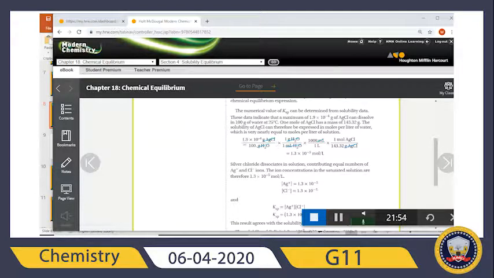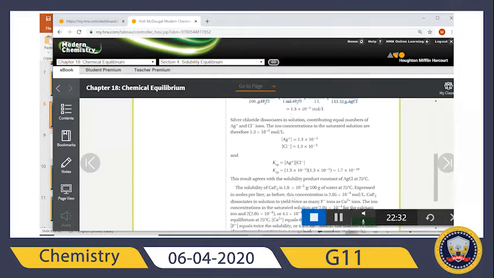But if you want to change these grams to number of moles, you have to divide it by the molecular mass of the substance. And then if you want to change grams to liter, you have to divide this 100 over 1000. So this 1000 will be in the top. Okay, it is the same. The two ways are the same and they will give the same results, but this is for silver chloride,